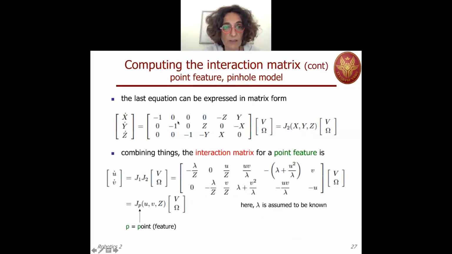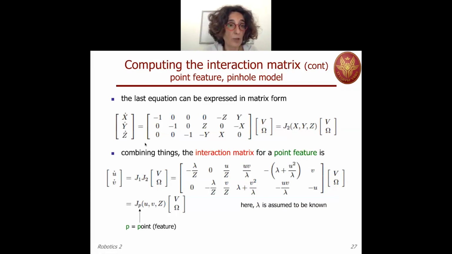We rewrite this in a compact way, with another matrix J2, function of x, y, and z, the coordinates of the point P,